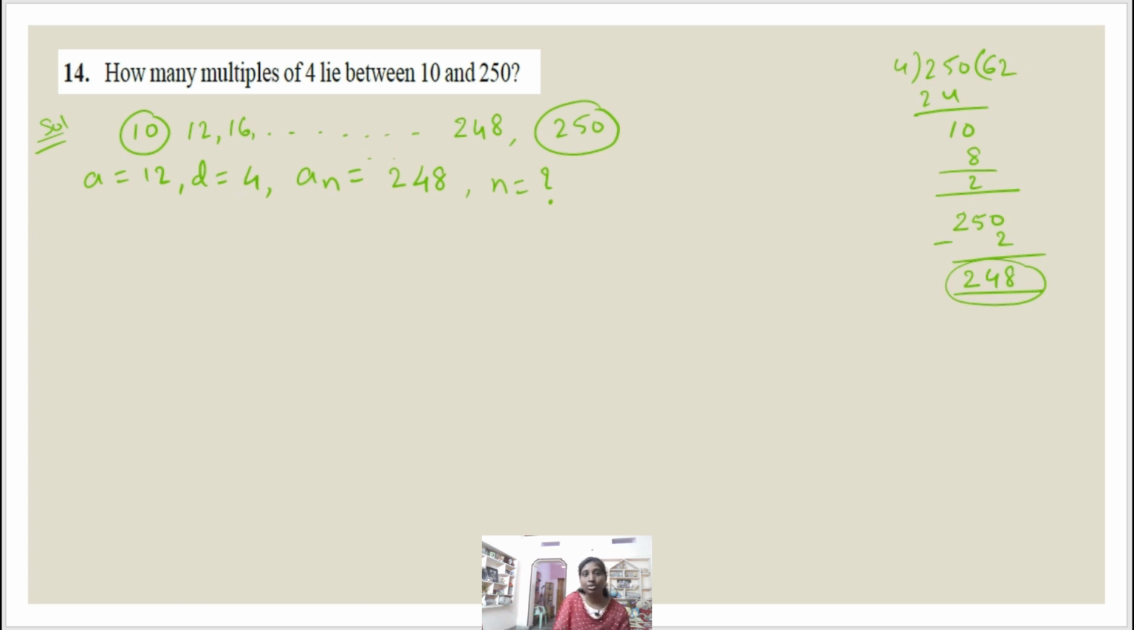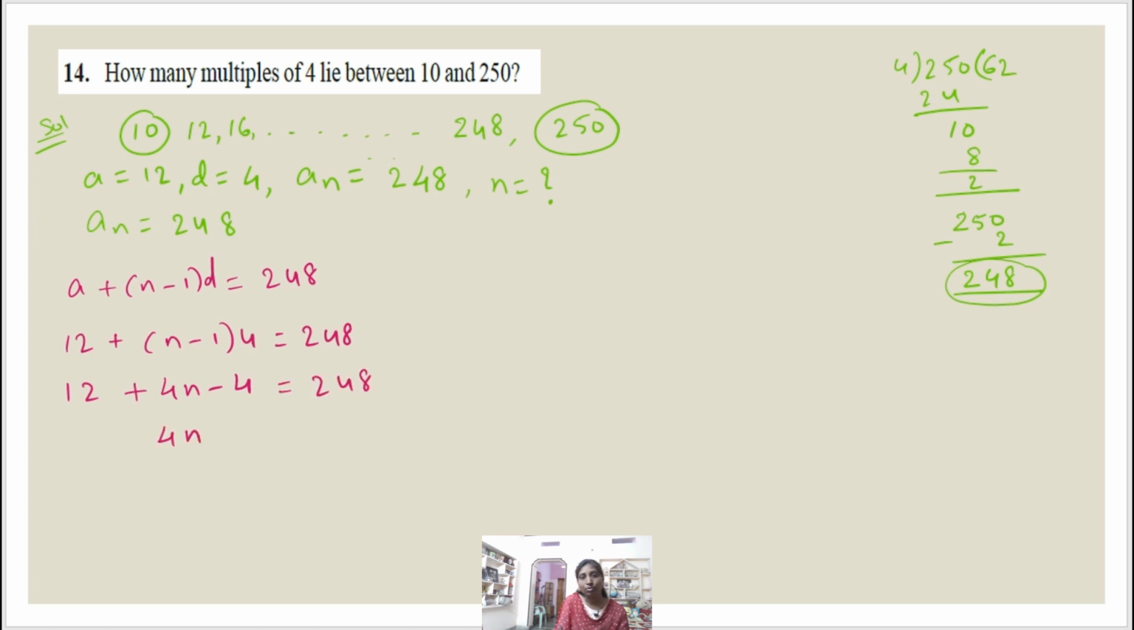Okay. So now let us find out. AN is equal to 248. It means A plus (n minus 1) into D is equal to 248. What is A here? 12. 12 plus (n minus 1) into 4 is equal to 248. Now 12 plus 4n minus 4, open the bracket,